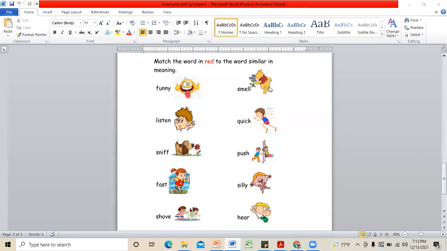Silly? Yes, very good. So it is silly, right? You can see here also there is this small girl who is making her face, so it looks silly. So we can say this girl looks silly, or else we can also say this girl has a funny look as well. So funny and silly are similar words or synonyms, right? And then if we move on to the second one, listen, Sulaksha, would you like to try the similar answer to listen from here?